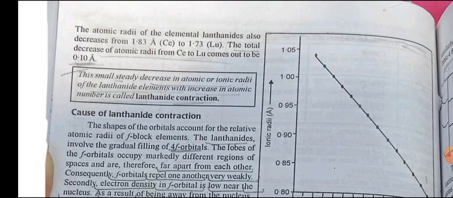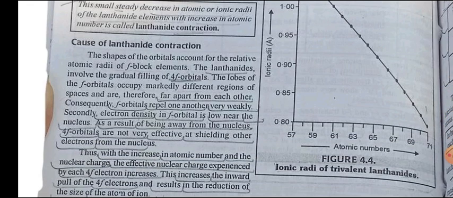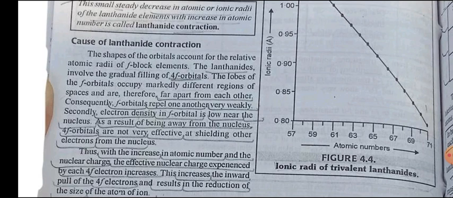Cause of lanthanoid contraction: the shapes of the orbitals account for the relative atomic radii of f block elements. The lanthanides involve the gradual filling of 4f orbitals. The lobes of the 4f orbitals occupy markedly different regions of space and are therefore far apart from each other. Consequently, f orbitals repel one another very weakly. Secondly, electron density in f orbitals is low near the nucleus. As a result of being away from the nucleus, 4f orbitals are not very effective at shielding other electrons from